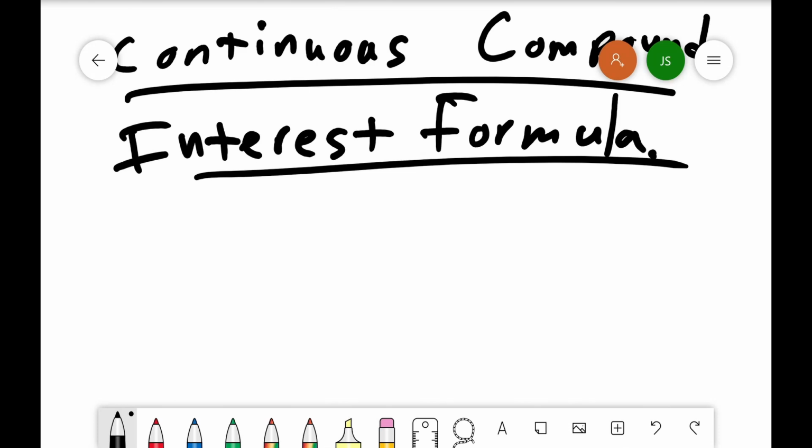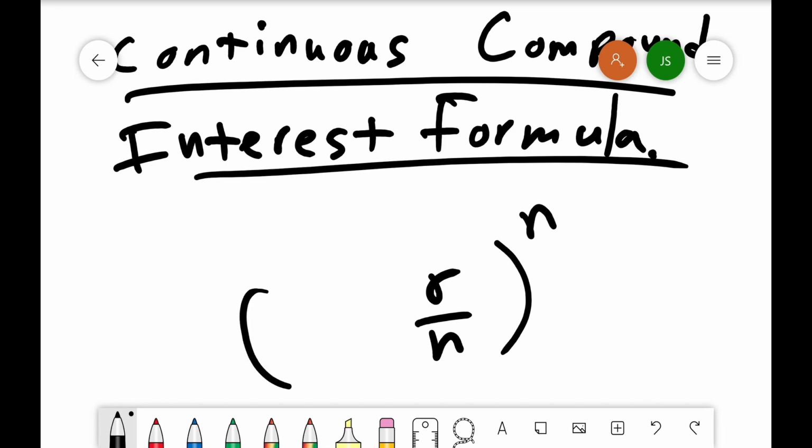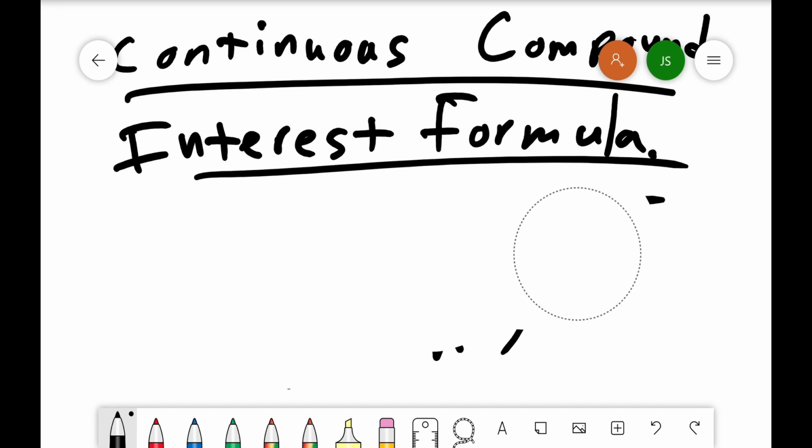A special kind of interest, I guess, where you just add on part of it every so often, some number of times per year, until you get to the end. That's where the over n part, that's part of the interest rate, and then you do it that same number of times for however long. However,